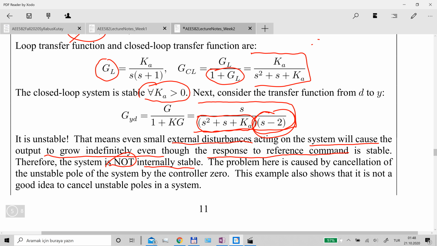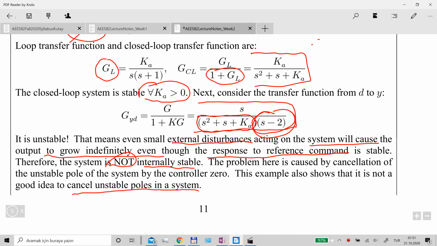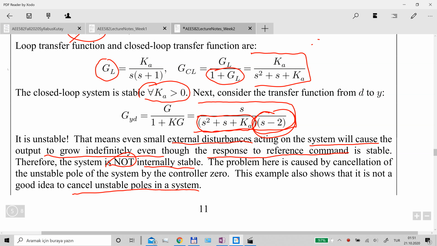And also this example shows that in general it's not really a good idea to cancel unstable poles in a system. So if you have an unstable system and if you're trying to stabilize it, you should somehow move that pole to the stable region. And just putting a 0 on top of that to cancel that is not a way to stabilize an unstable system. Now, let me show you that if you study the same system in Statespace model,